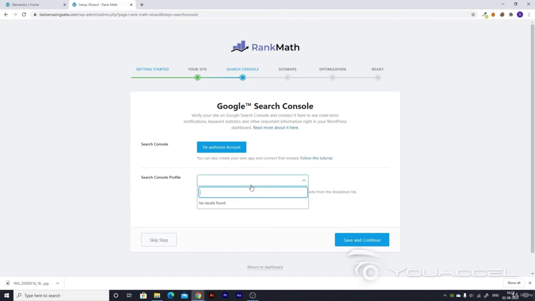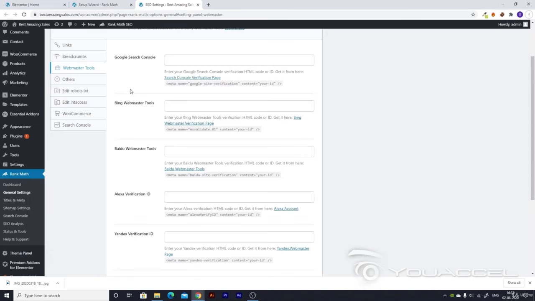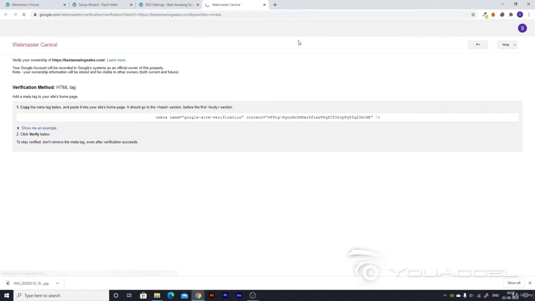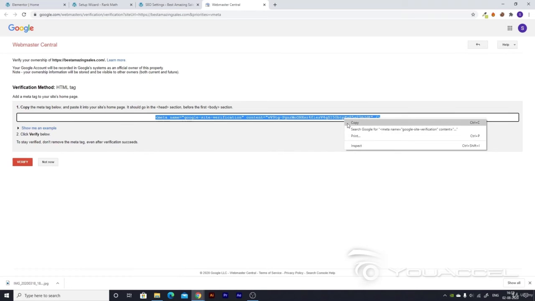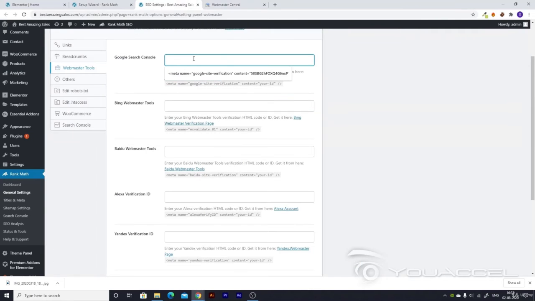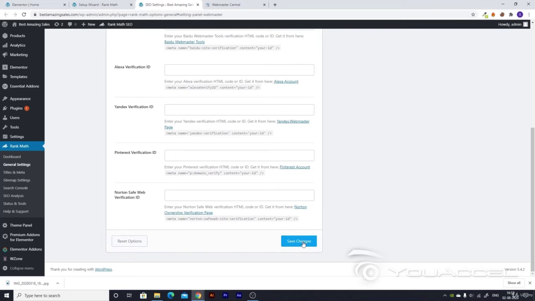Now you have to create a Search Console profile. To do that, you just have to click here to get your website verified. You have to just go ahead and click on it. Then you'll see this Search Console verification page, and then a new tab will open where you will be redirected to Webmaster Central. Now you just have to copy this code and paste it here,